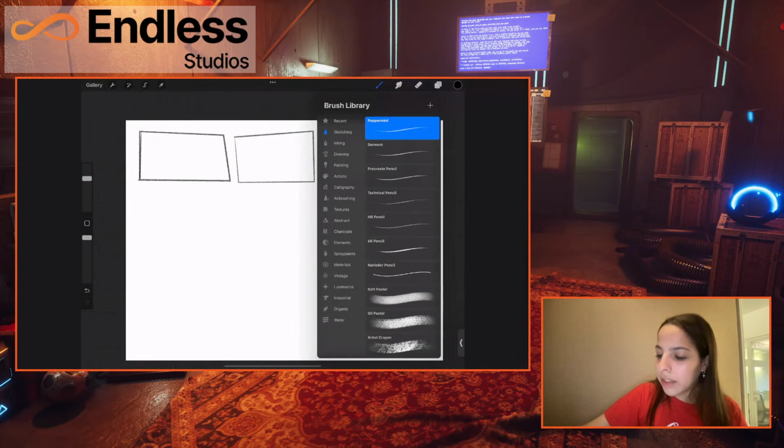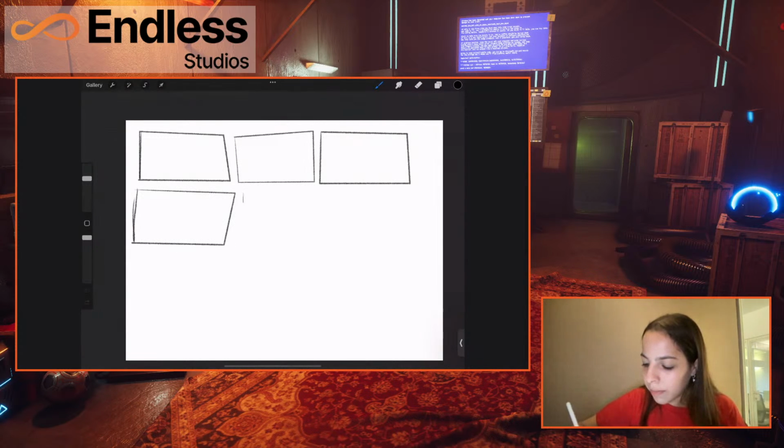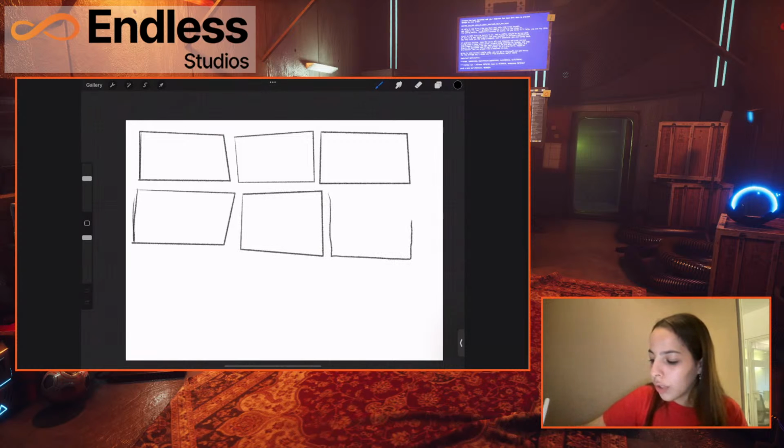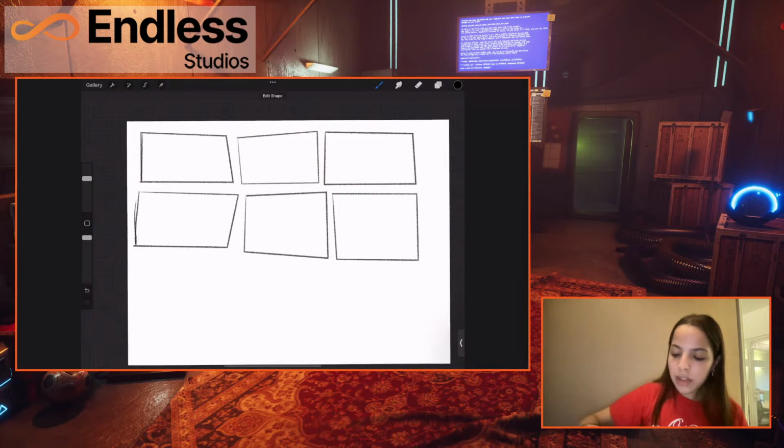So now what I'm going to start with is I already started making some squares. These are the squares I'm going to sketch in. I'm going to start with 6, and in case we need more, I'm just going to draw more. I'm working currently on Procreate. You can work on any sort of app that allows you to sketch out ideas. You can even sketch on paper, whichever is most convenient for you. I'm just doing this on Procreate because I have it on my iPad, so that just works easier for me.